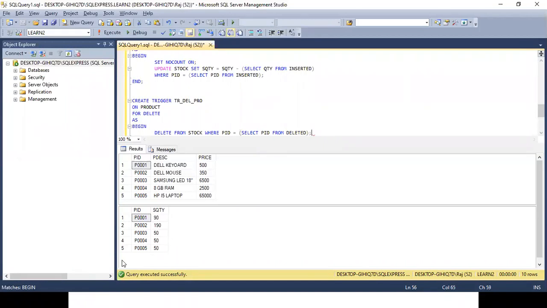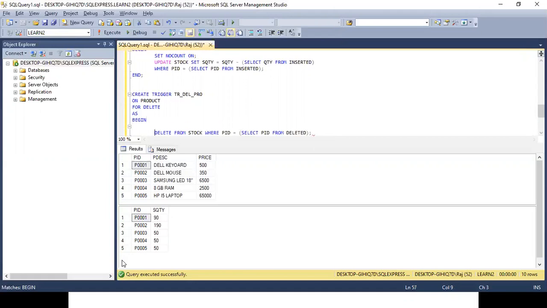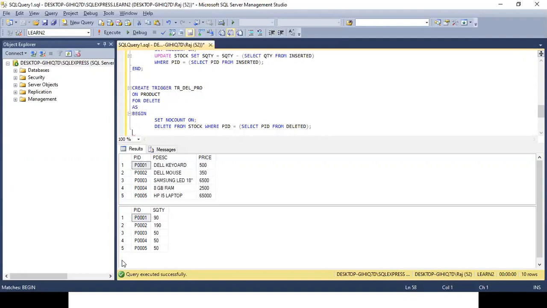And if you want, not required, you can also use SET NOCOUNT ON. And say end. So we have seen, in case of an insert trigger, the table which is created is inserted, and in case of a delete trigger, the table which will be created is deleted.